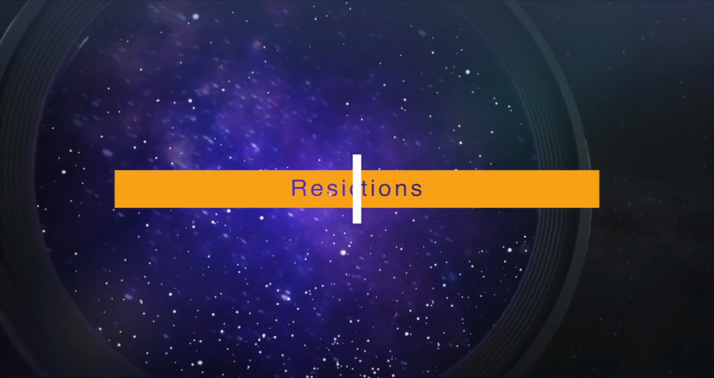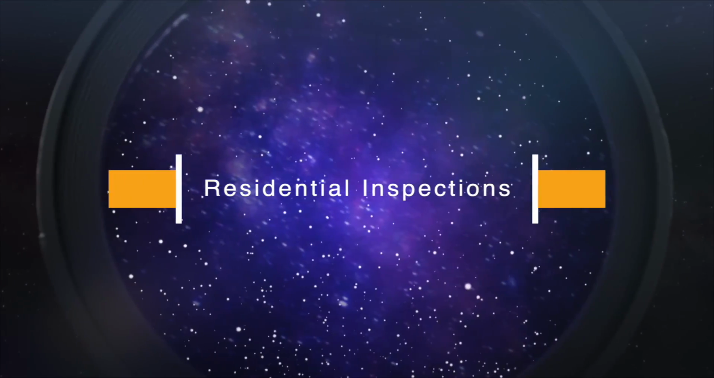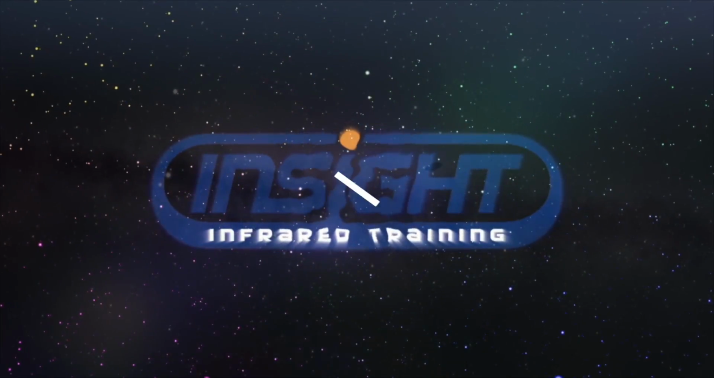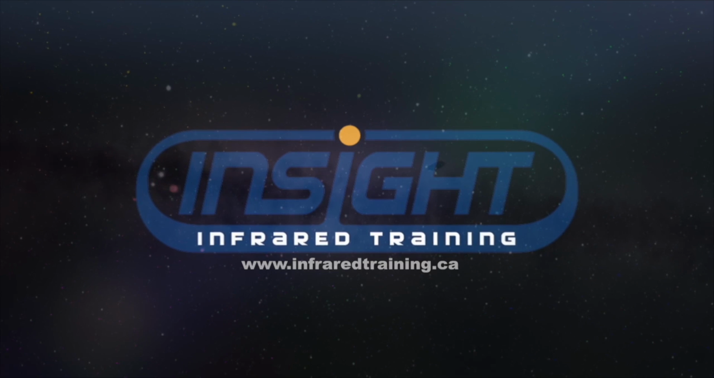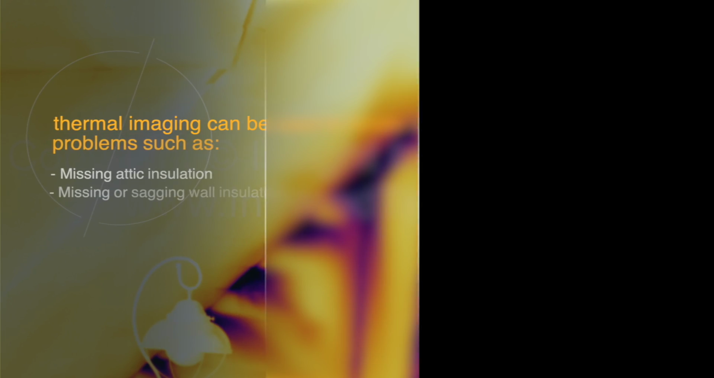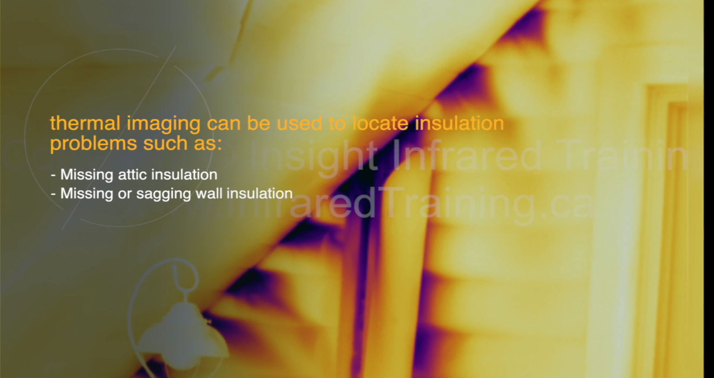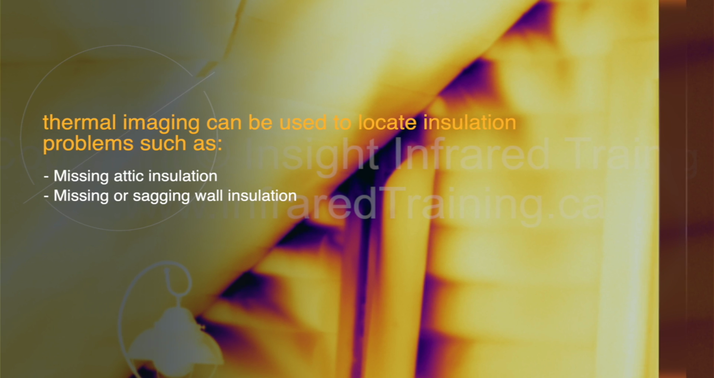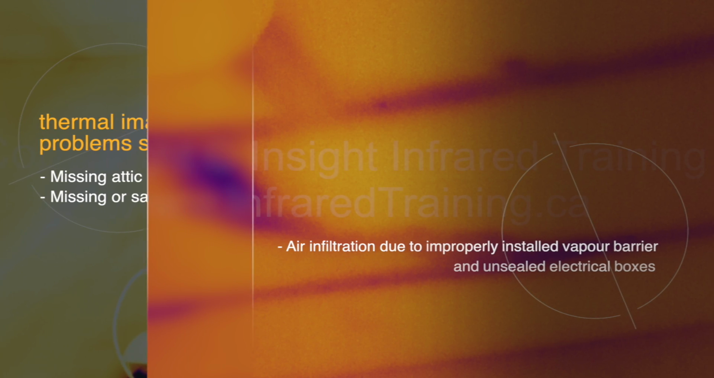Infrared residential inspections. The two most common types of infrared inspections performed on residential dwellings are for insulation deficiencies and moisture intrusion problems. These inspections are routinely performed on old and new construction homes alike. Thermal imaging can be used to locate insulation problems such as missing attic insulation, missing or sagging wall insulation, air